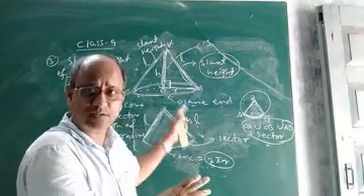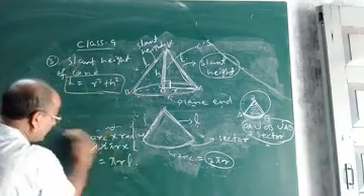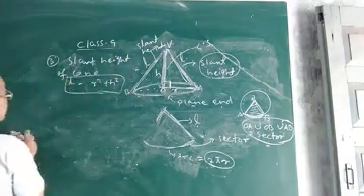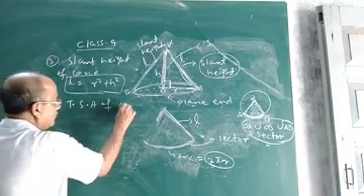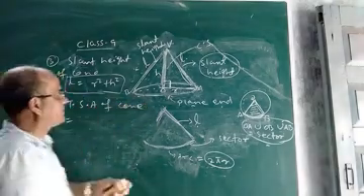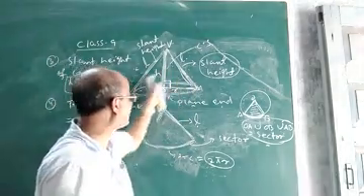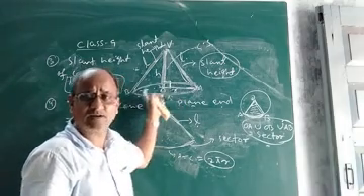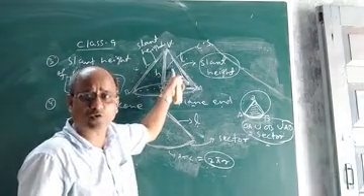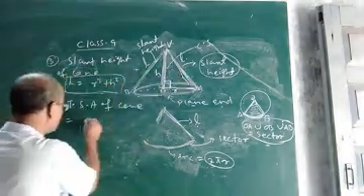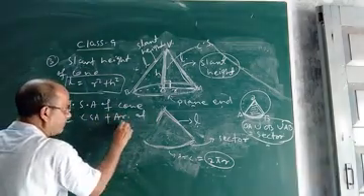Okay. So I hope you understood slant height, curved surface area, everything. Then let us find the total surface area. So what will be the total surface area of a cone? Now how to get the total surface area of this cone? What we have to do is add the area of the base. The base is a circle, so it has some area. If you add the area of the base to the curved surface area of the cone, you will get the total surface area. So total surface area equals curved surface area plus area of base.